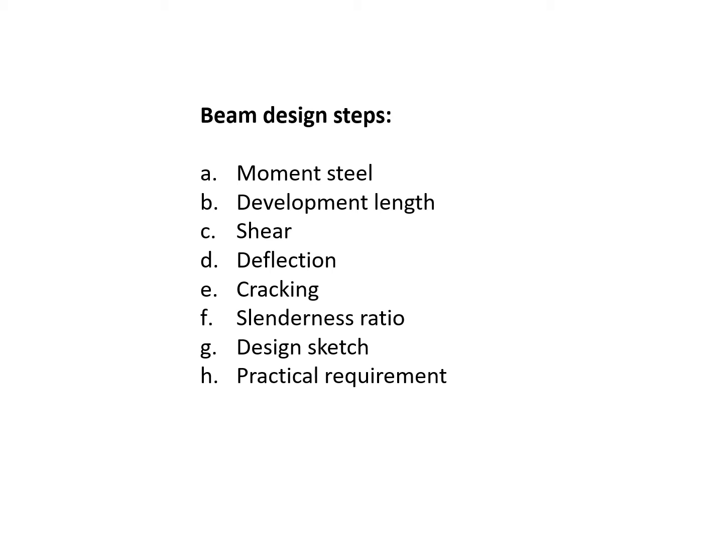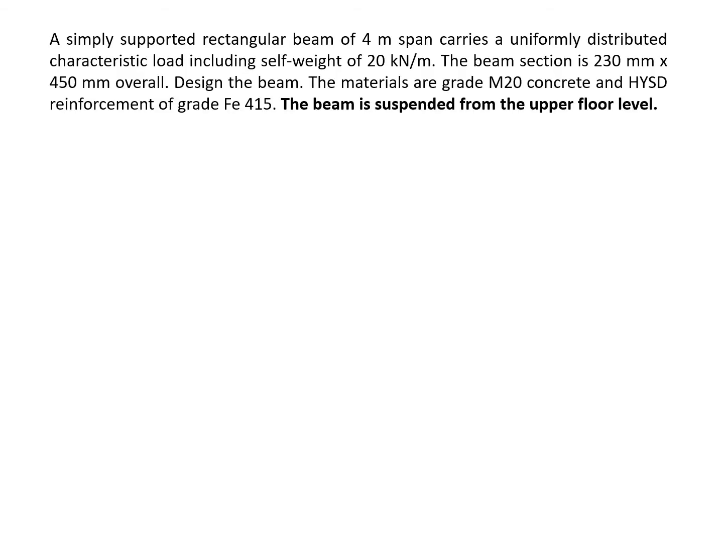So let's look at these steps for a typical problem which you may get like this. Let's read it. It says a simply supported rectangular beam of 4 meter span carries a uniformly distributed characteristic load including self-weight of 20 kN per meter. The section of the beam is given 230 mm by 450 mm overall. Design the beam. The materials are given M20 and 415, and they have said the beam is suspended from the